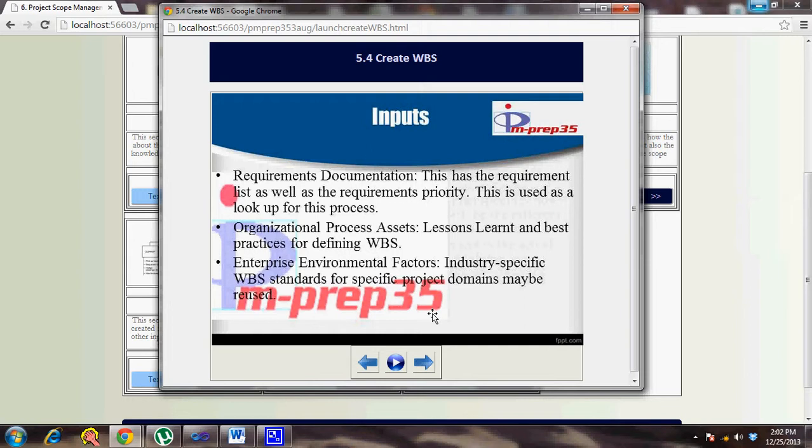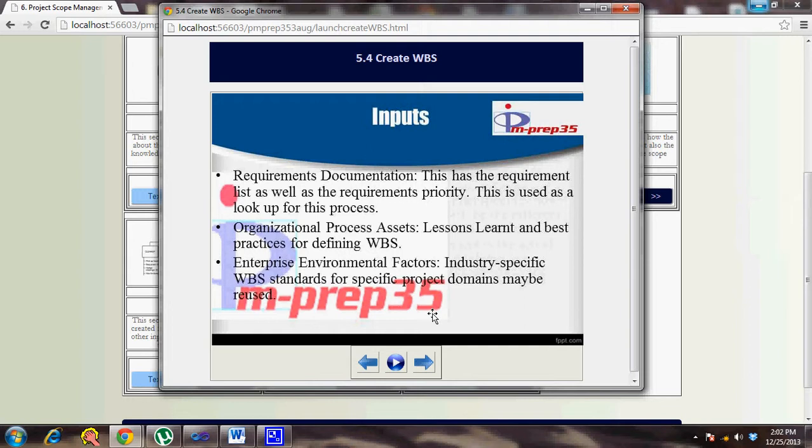So next important input is organizational process assets, which is used to gather any lessons learned in similar projects while building WBS or reusing the WBS that was created in the previous project. The enterprise environmental factors is an important input for this particular process, because the WBS format for certain industries are the same.